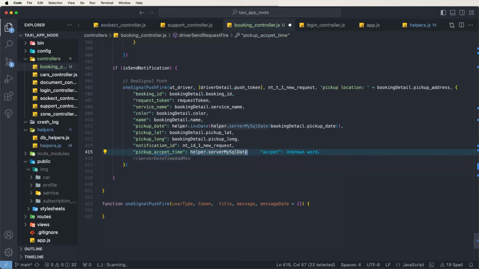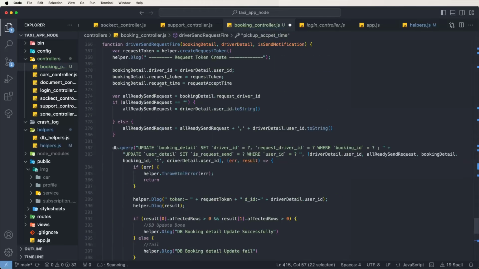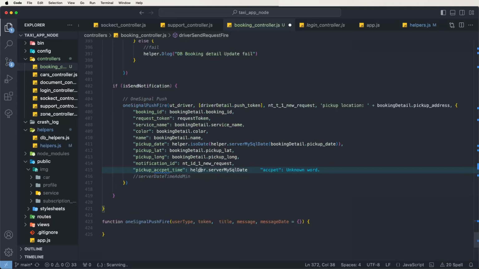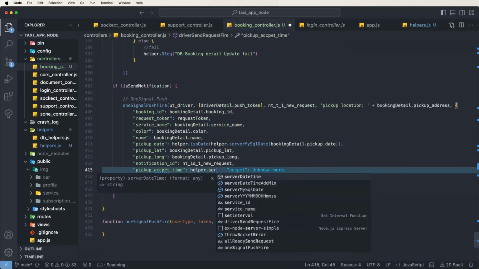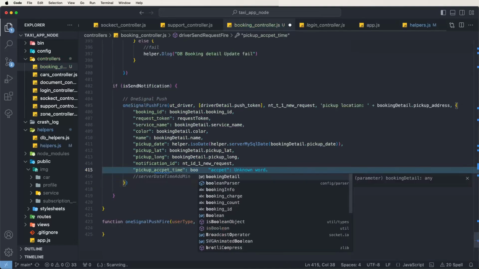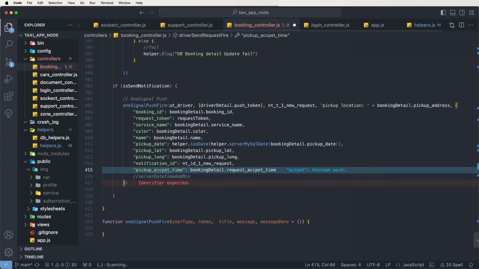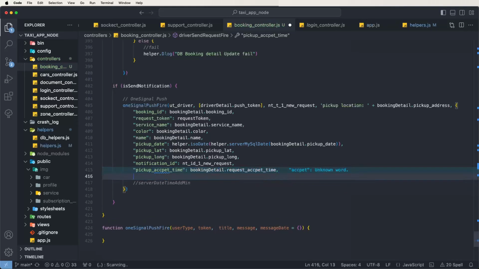Maybe this accept times need to maybe save here the request times which accept need to this here the titles and also need to write down here use here the booking dot accept time. Then afterwards need to give this here the date format